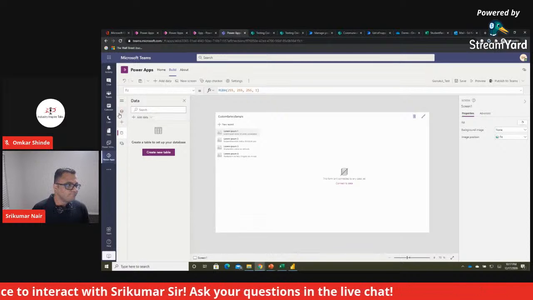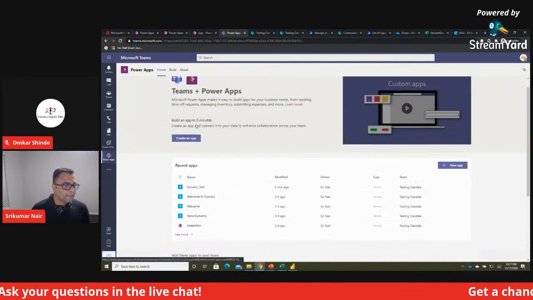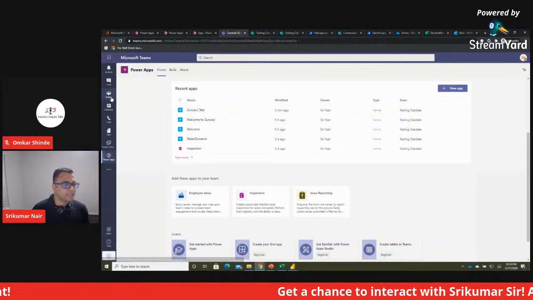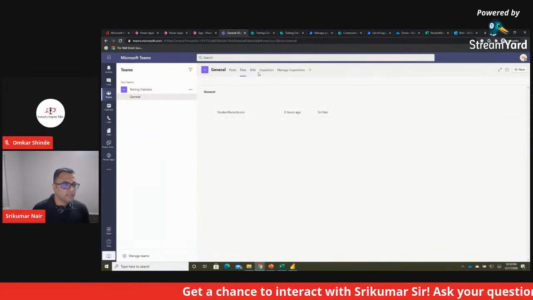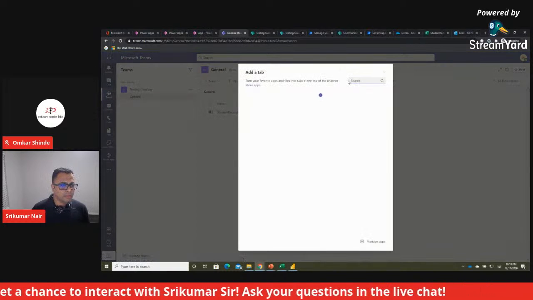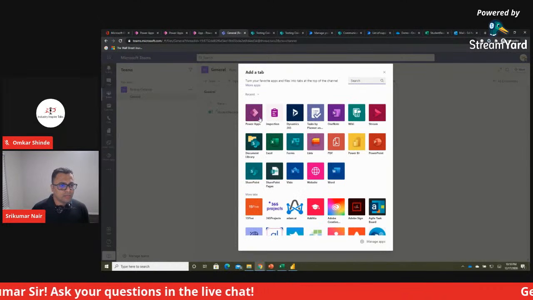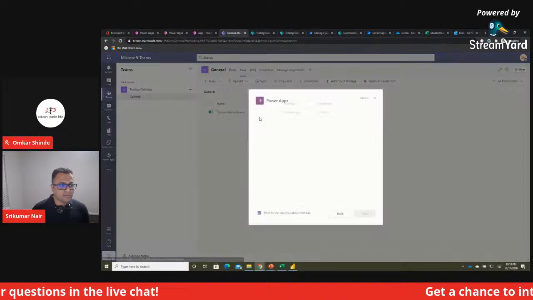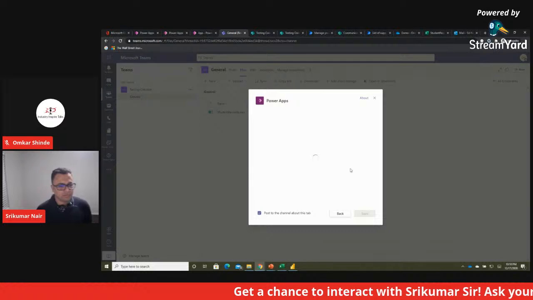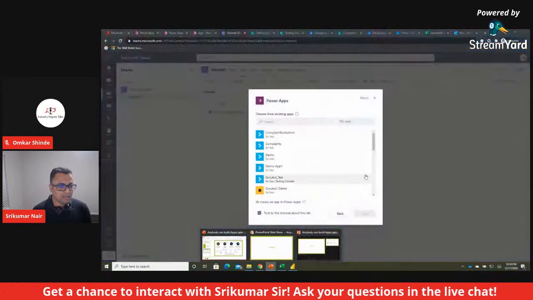I think I lost that, but yeah, it's all here. All that's needed is to come back to Teams and then pin it here, and then you will start seeing applications showing up here as a new tab. So you can just pin it, and then you don't need to keep going to your different applications all the time. And that's pretty much what I wanted to cover today. Let's go back to the slides and continue where we are.